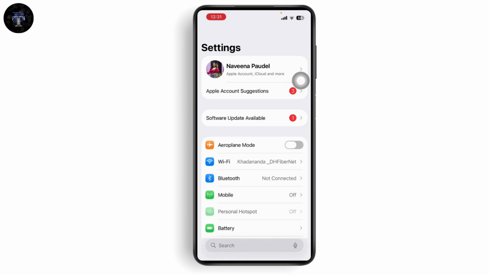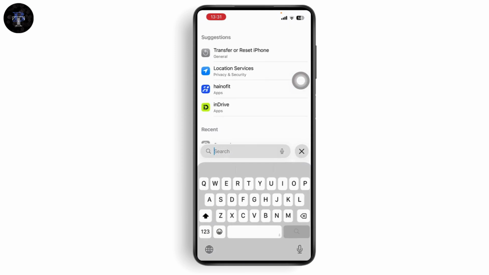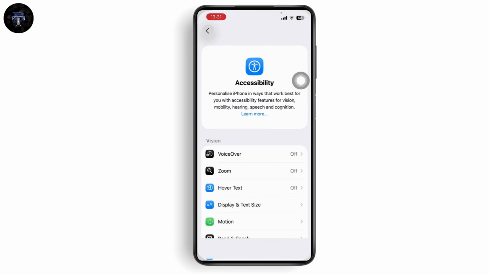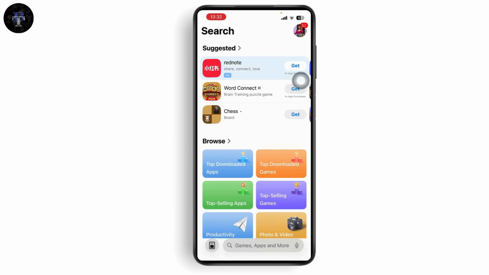After opening your settings, you need to scroll down a bit, and then you will find an option of guided access, or you can also just simply search for guided access. Just tap on it, which will be under your accessibility. It should be turned on. Then set a password in the password settings to control access to your guided access. And when you have set your password, open any app like, for example, your App Store, and triple press